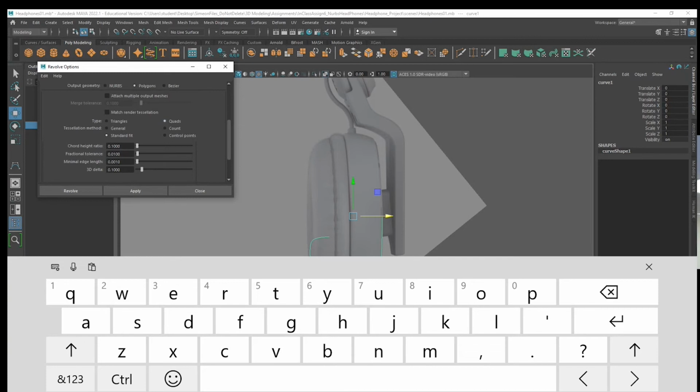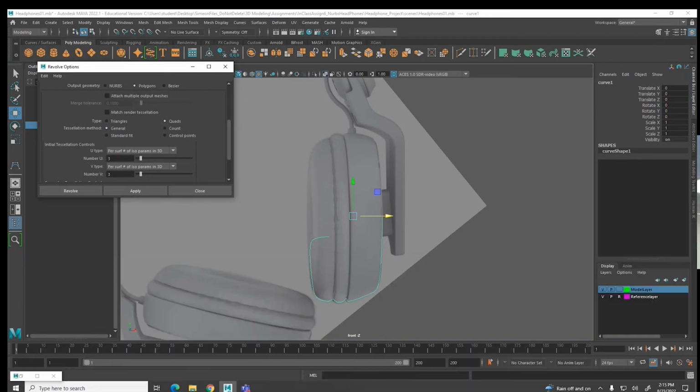Tris are just a quad cut in half. That's it. I'm also going to jump over to general. But if I wanted to, I could do a count. Imagine if you're having to model something and it has to be under 2,000 polygons. I can then control the poly count by limiting. Okay. So I went quads, general,